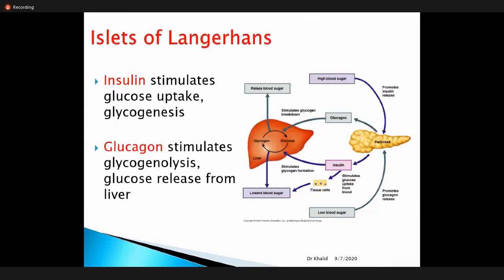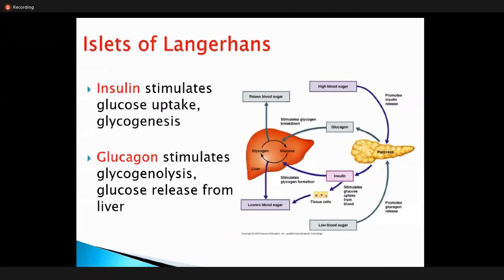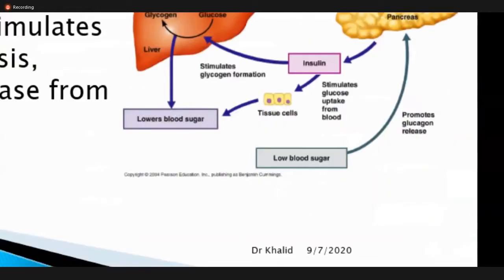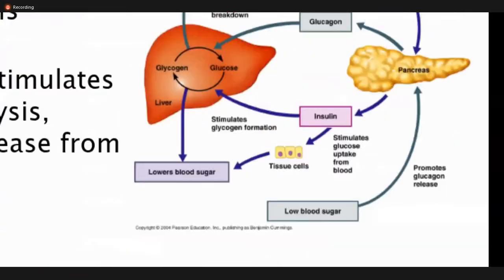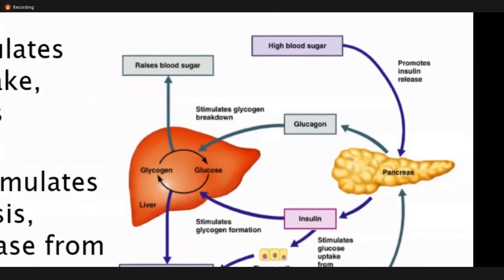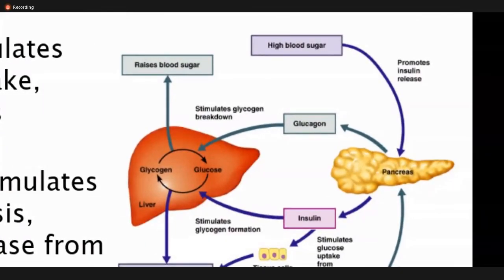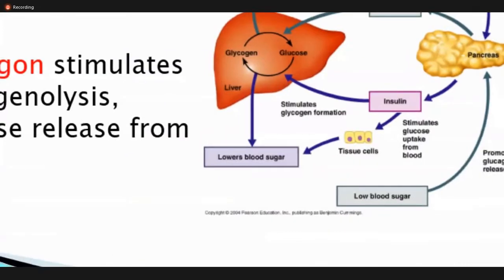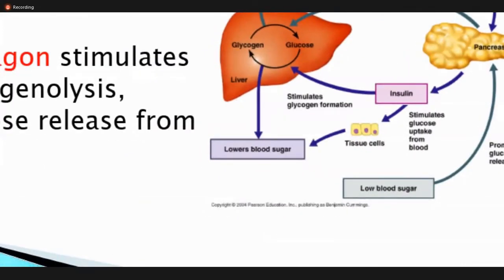In the islets of Langerhans, the insulin stimulates the glucose uptake and it causes glycogenesis. The glucagon stimulates glycogenolysis and glucose release from the liver. When we take food, the insulin is secreted because of the high blood sugar level, and this insulin increases the entry of the glucose inside the cell,